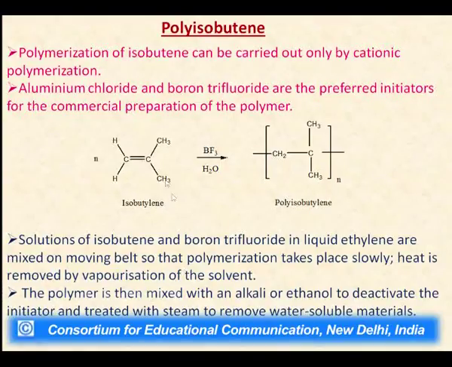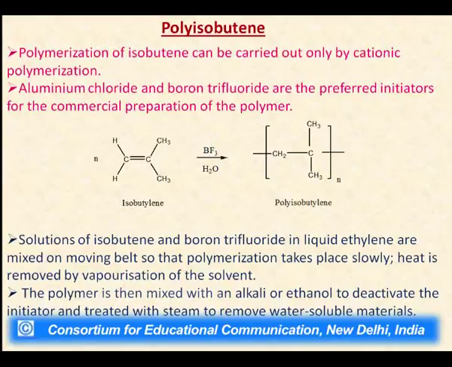This is the equation in which the monomer isobutylene, in the presence of boron trifluoride and water, will polymerize to give us polyisobutylene. The solutions of isobutene and boron trifluoride in liquid ethylene are mixed on a moving belt so that the polymerization takes place slowly and heat is removed by vaporization of the solvent. The polymer is then mixed with an alkali or ethanol to deactivate the initiator and treated with steam to remove